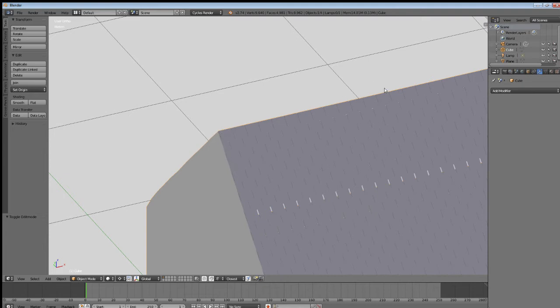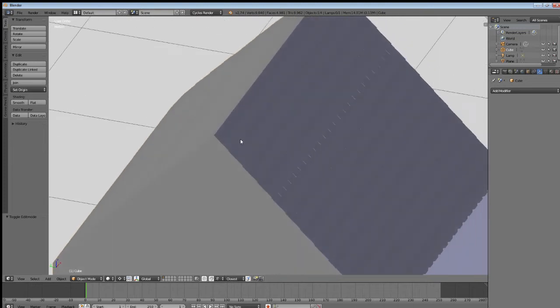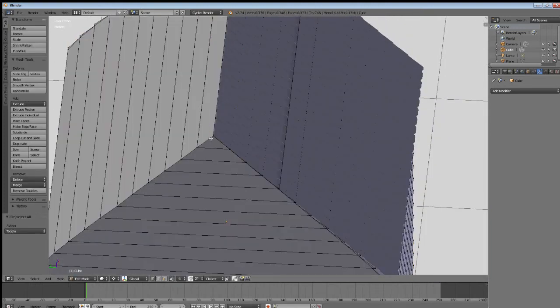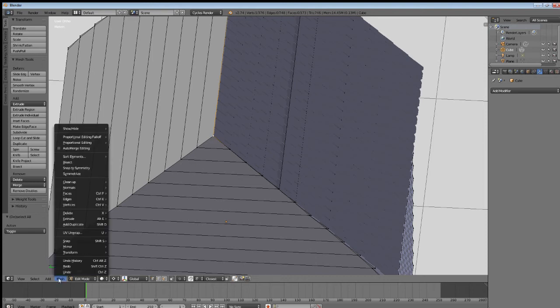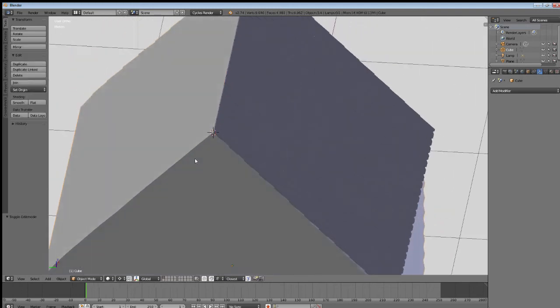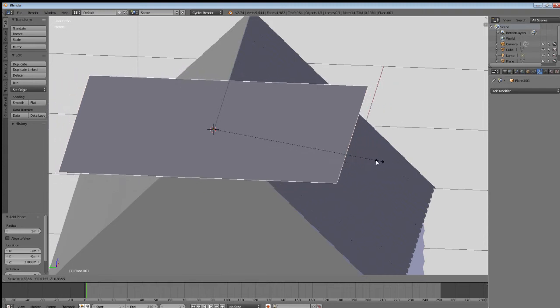There's usually like an extra row of shingles that go from one side of the roof to the other side. So that's pretty simple and easy to do. Let's go ahead and do that real quick. I'm just going to select this very tip top vertex here. Mesh, snap, cursor to selected, tab out of my edit mode, Shift A, plane, and then we're just going to